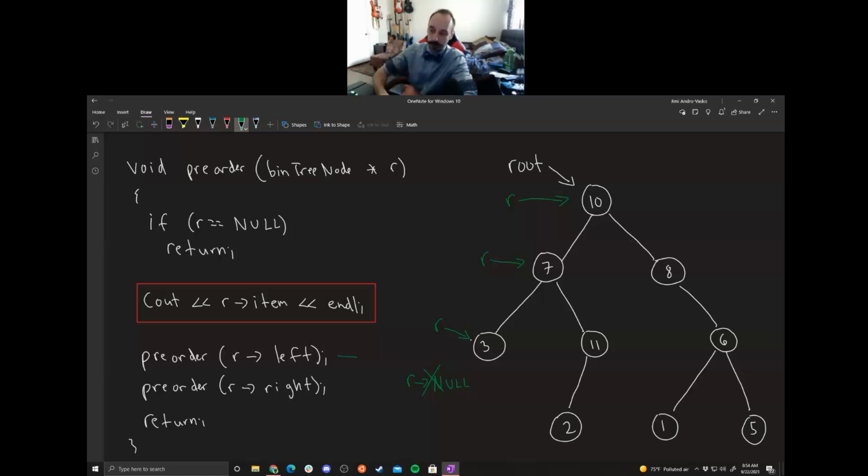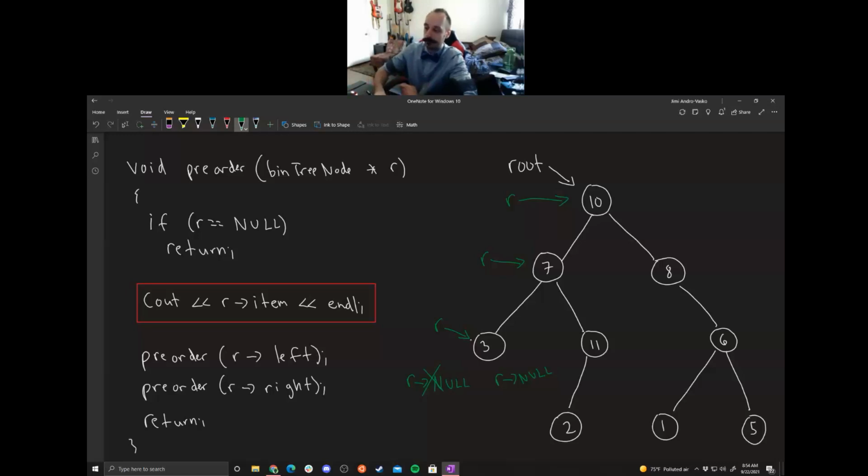So it's going to now call preorder and pass in R arrow right. For this node, R arrow right in this case will again be null because this is a leaf node. So we call preorder once again, and we pass in a null pointer again because 3's right child is null. We see here that R is null,